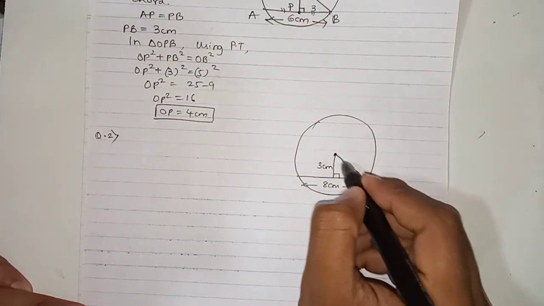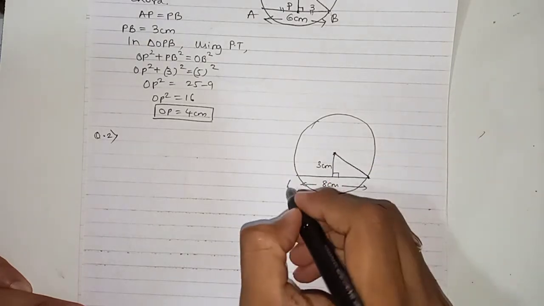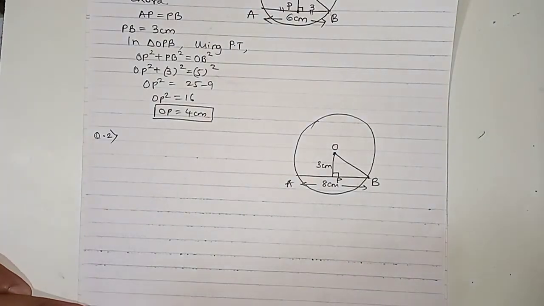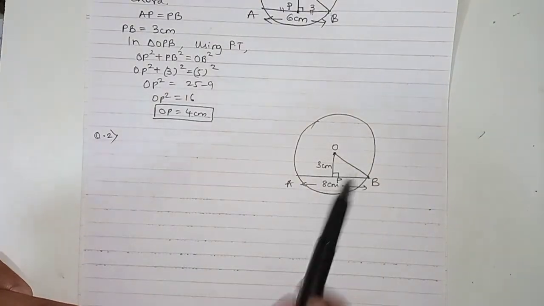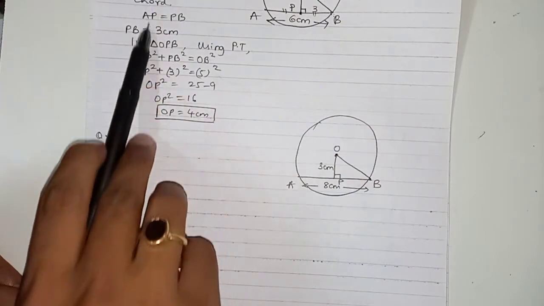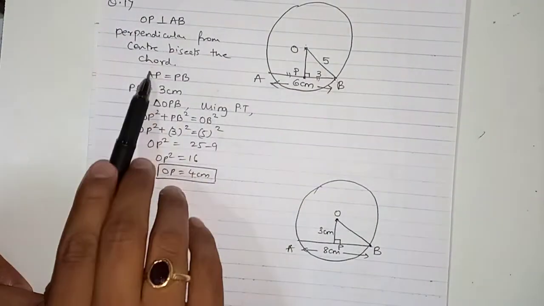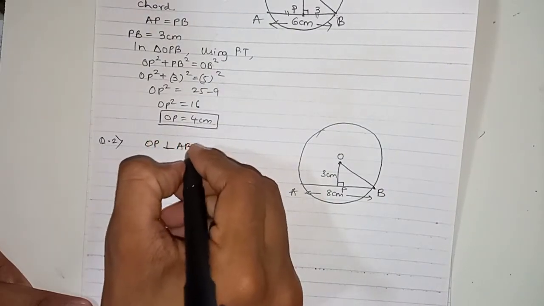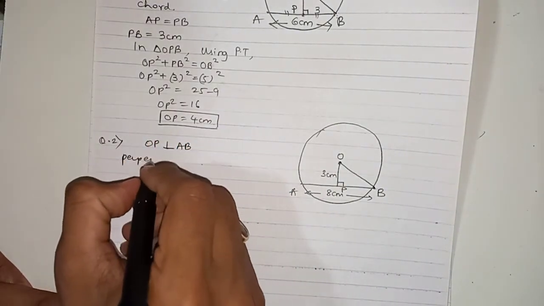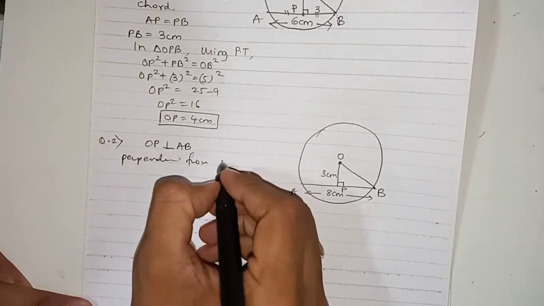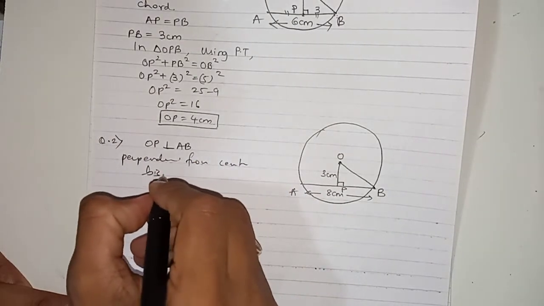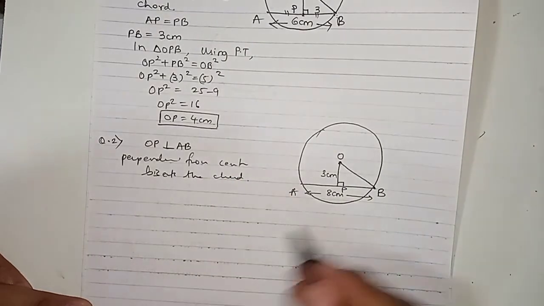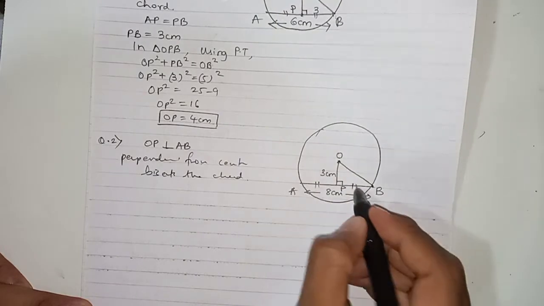Center से लेके यहाँ तक radius होता है ये. So ये radius calculate करना है. ठीक है, let's say chord is AB, this point is O and this point is P. So they are asking me to find the radius. I'll write the same steps here. The initial steps, ये same steps repeat होंगे. That OP is perpendicular to AB and perpendicular from center bisects the chord. So ये दोनों part equal है.